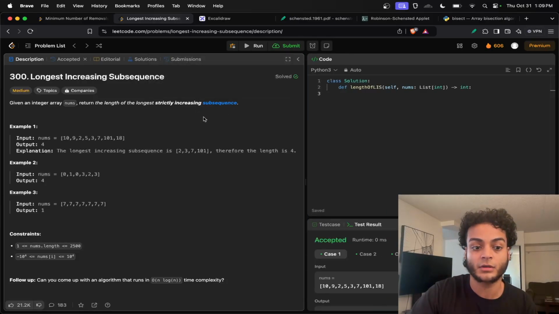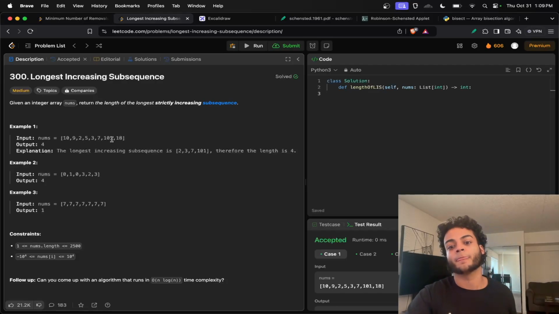First of all, let's just think about, can we brute force this? How many subsequences of the list of numbers are there? If there are n numbers, we can include or not include each number, which means we have two options for each of n numbers. So there are 2 to the n possible